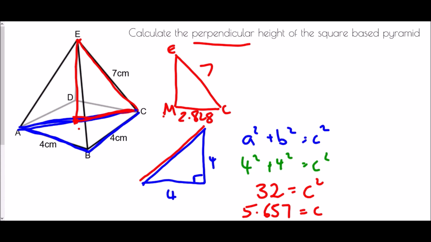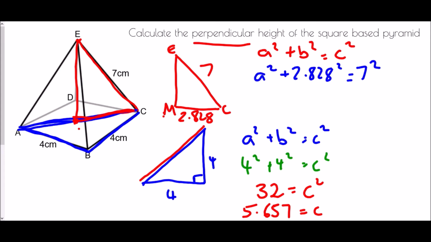2.828. And this time I'm trying to find EM. So now I've got enough information on the diagram in order to do that, but in this case I've got to just be careful when I do a squared plus b squared equals c squared, because this time I already know b. I know that that is 2.828, but I also know c because I know the hypotenuse is 7, and therefore it's actually a squared that I'm trying to calculate, and therefore I'm going to have to do a subtraction. I'm going to have to do 7 squared take away 2.828 squared,